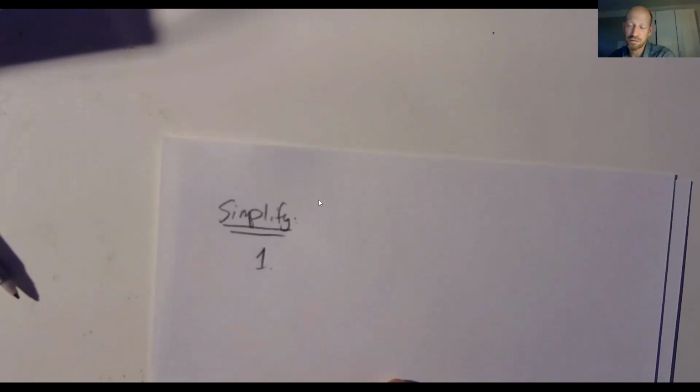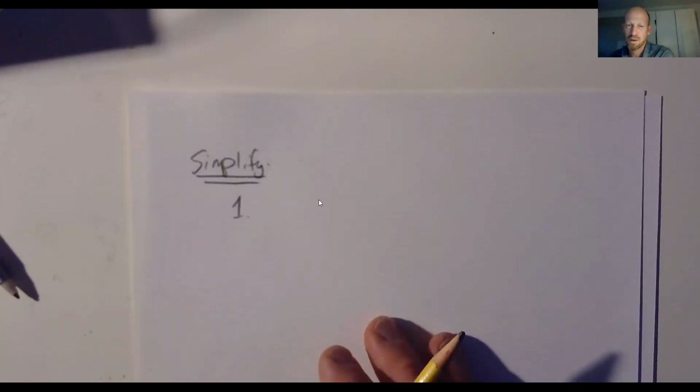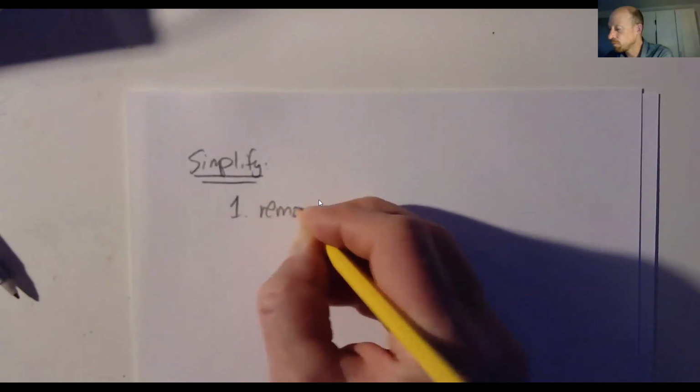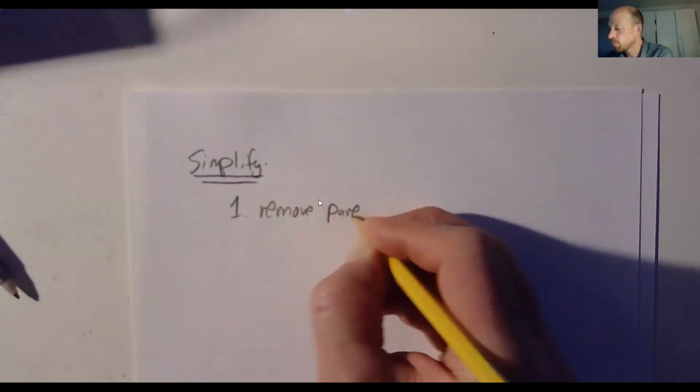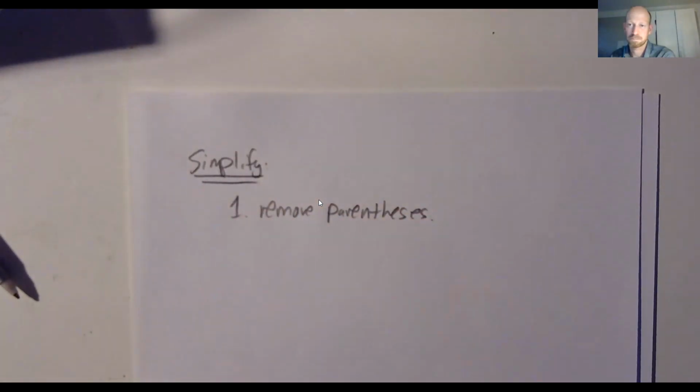And when you are simplifying, you are trying to do three things. And if you keep these three things and accomplish these three things, you'll have accomplished your problem. Number one is we want to remove parentheses. Okay. So when I look back at my rules here,